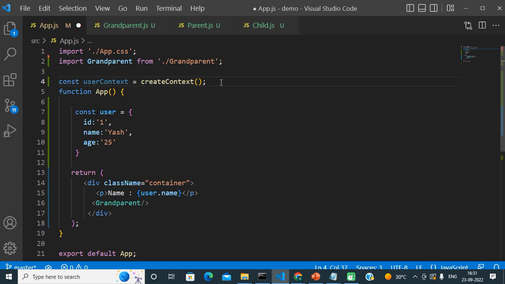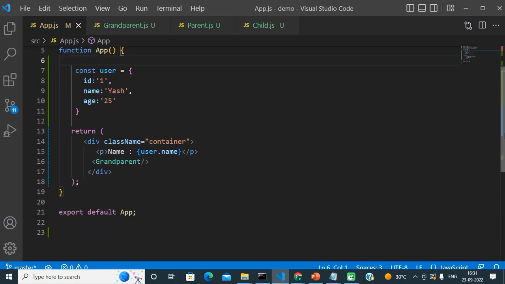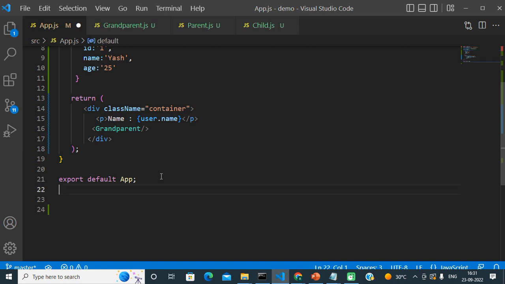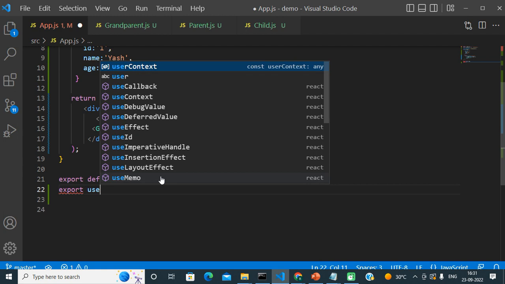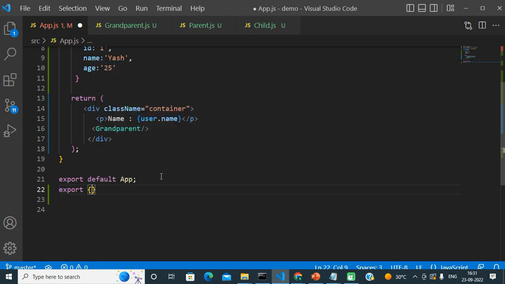After that we just need to export that context, userContext. We are creating the context in our parent component, our top component, and from the same component we need to export it.